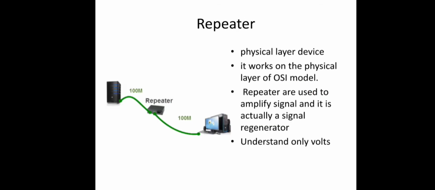Which are the different devices that work on this physical layer? So we have the repeater first. Repeaters are used to connect two cable segments. We have seen that there is a maximum length limit for cables. Beyond that, if we transmit, the data quality may be degraded due to signal attenuation. So the value of the data may be changed, right? To avoid such situations, we will use this repeater. For example, in case of Ethernet, we may need a cable length of say 500 meters or 2500 meters. But in case of UTP cables, 100 meters is the maximum length limit. So every 100 meters we will put this repeater.